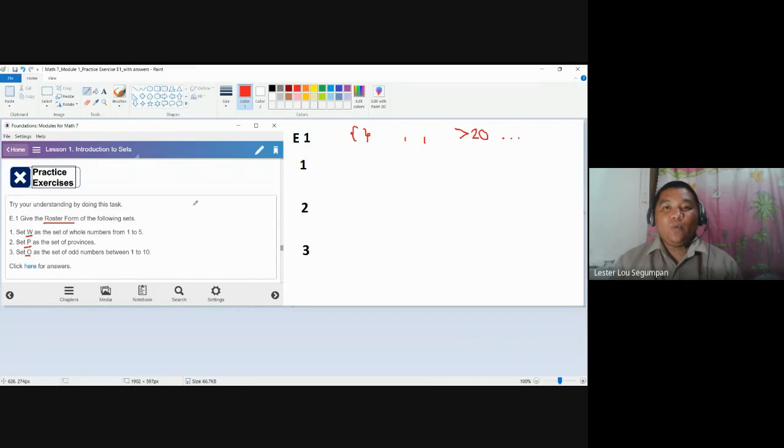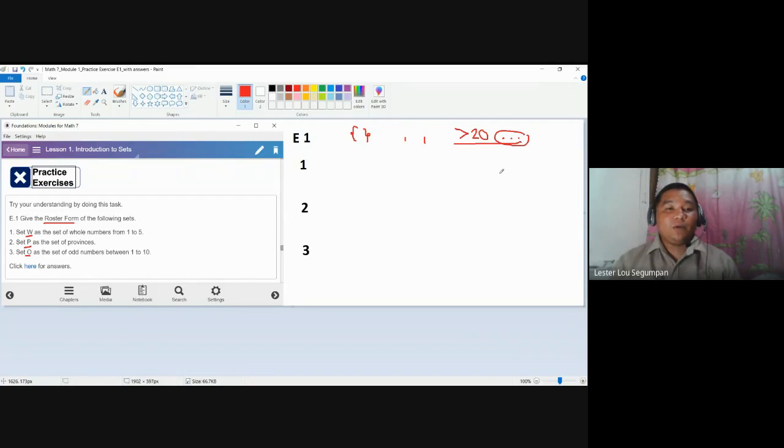In short, when you say roster form, list everything. Don't worry, as agreed, if there are more than 20 elements, wherein you may take a large amount of time, or you cannot finish it because the set is infinite, use ellipses to denote many more.